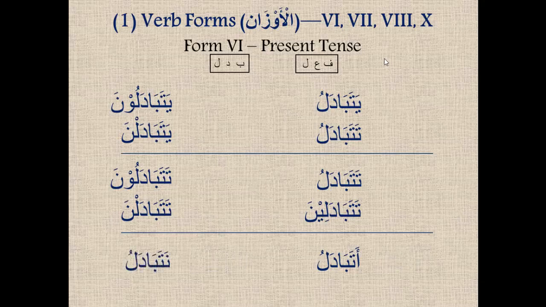So one thing you'll notice is that as the form number increases, as we move towards form 10,